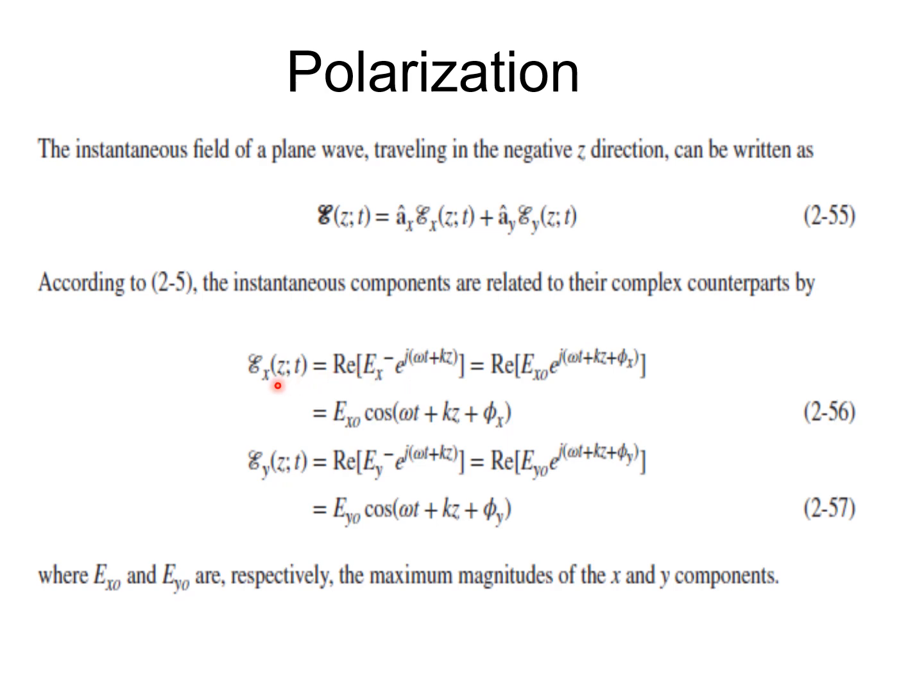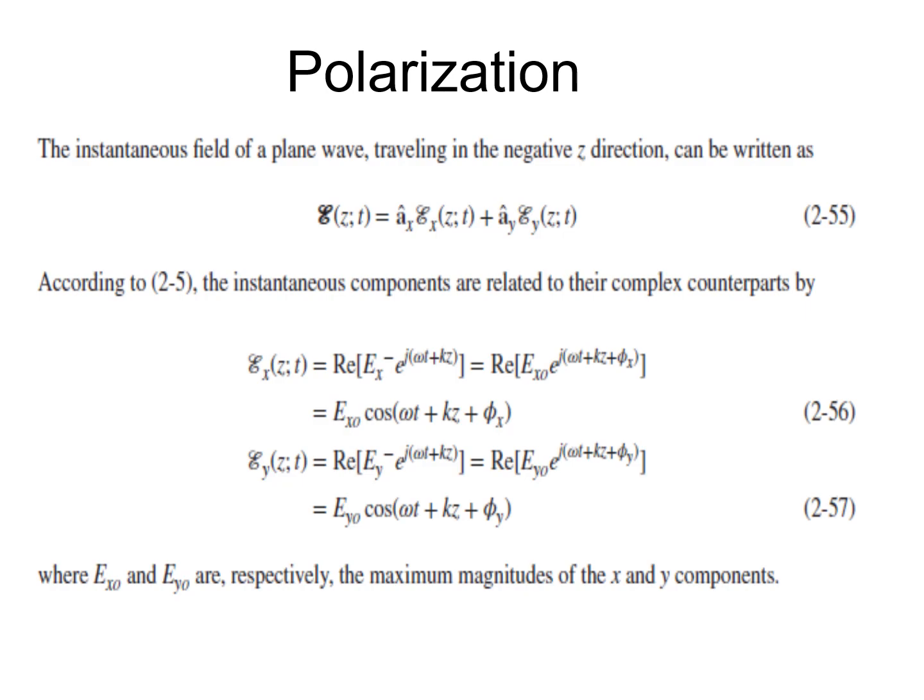So the general equation for the x component is Ex0 cos(omega t plus kz plus phi x), where Ex0 and Ey0 similarly are respectively the maximum magnitude of the x and y components of the electric field, whereas phi x and phi y are the relative phase angles of the x and y components of the electric field. So we will go step by step to find the tilt angle and the axial ratio